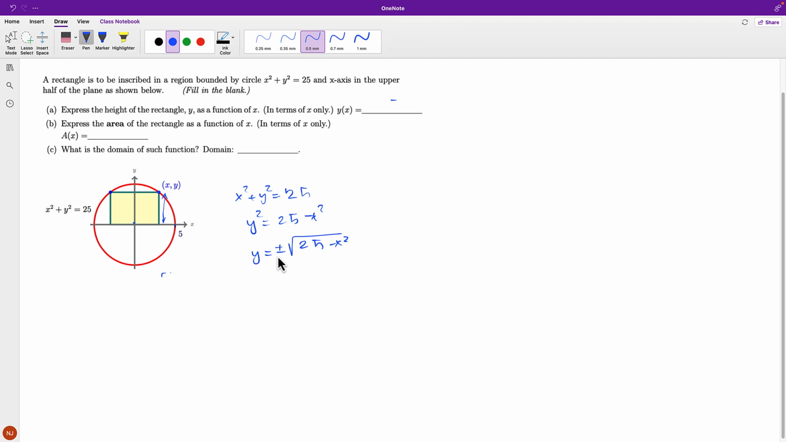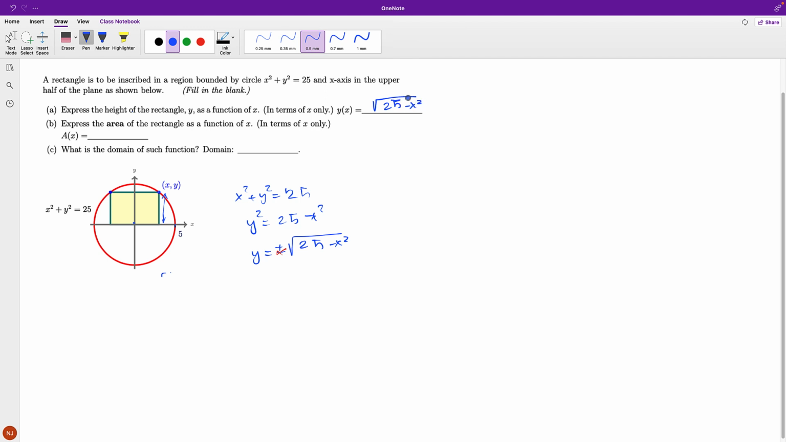And then when I take the square root, and I don't forget the plus and minus, I realize y is the length in this case, and it's a positive value. So I get rid of the negative one over here. And so I write the square root of 25